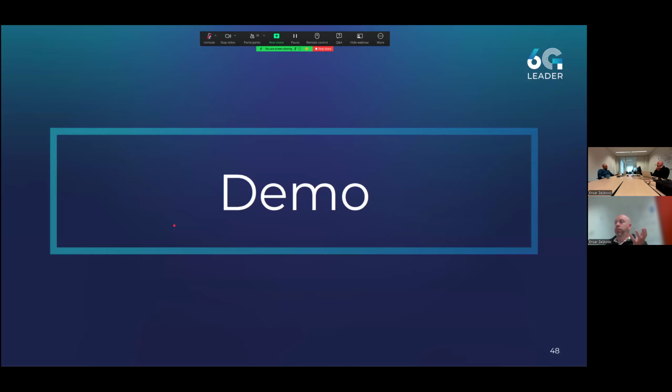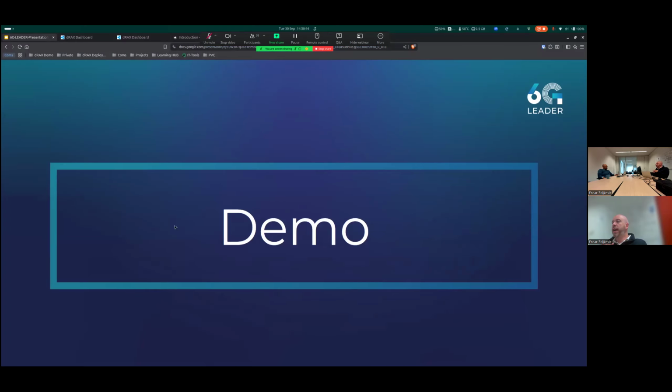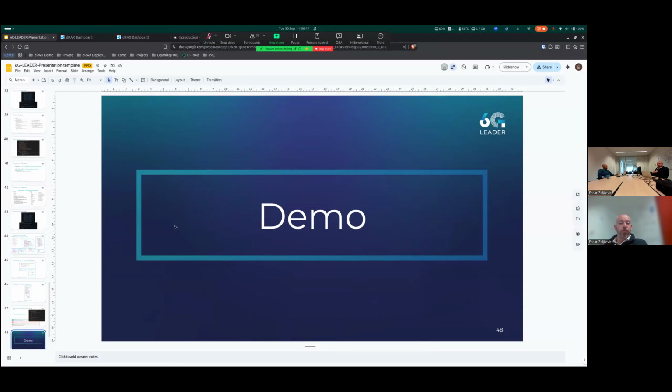And with that, we come to the actual demo, where we will jump live into live xApp development. So just looking at the time, I wonder if maybe you want to take a small coffee break now before we proceed to the live demo. I think it's a good opportunity to use that break. In the meantime, you can put your questions, if you have questions so far, in the chat, and we can try to answer while we're doing the demonstration if it's needed.